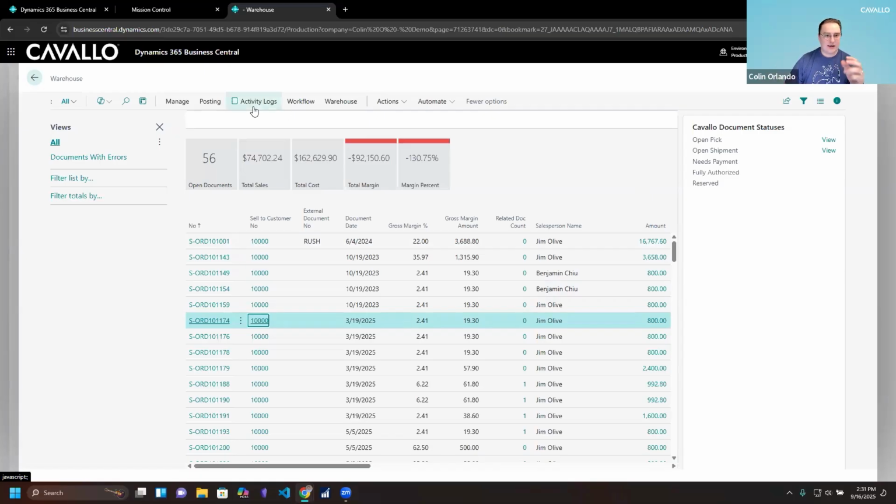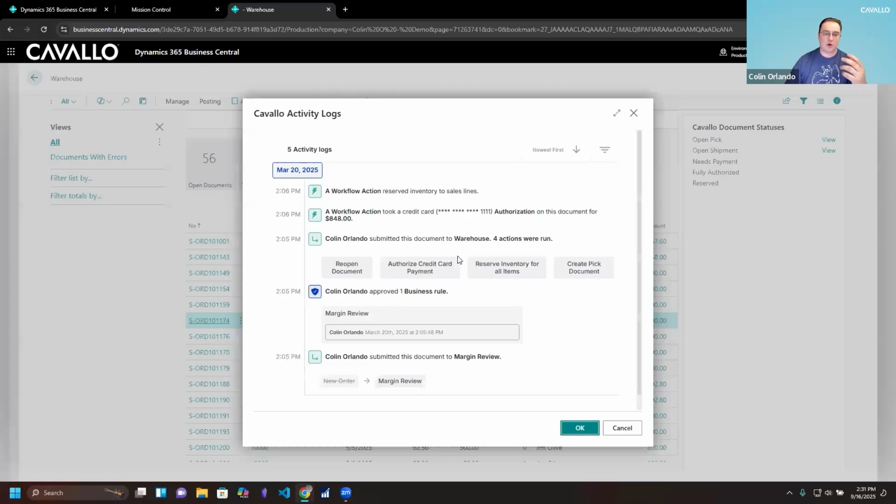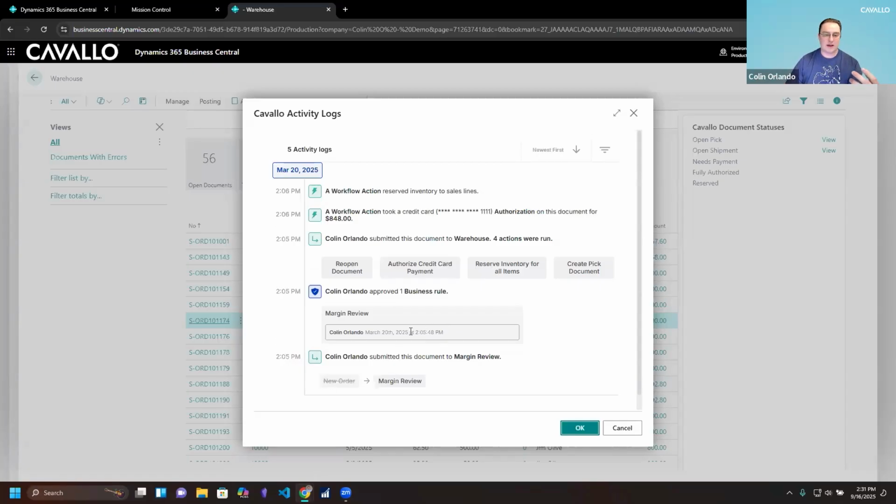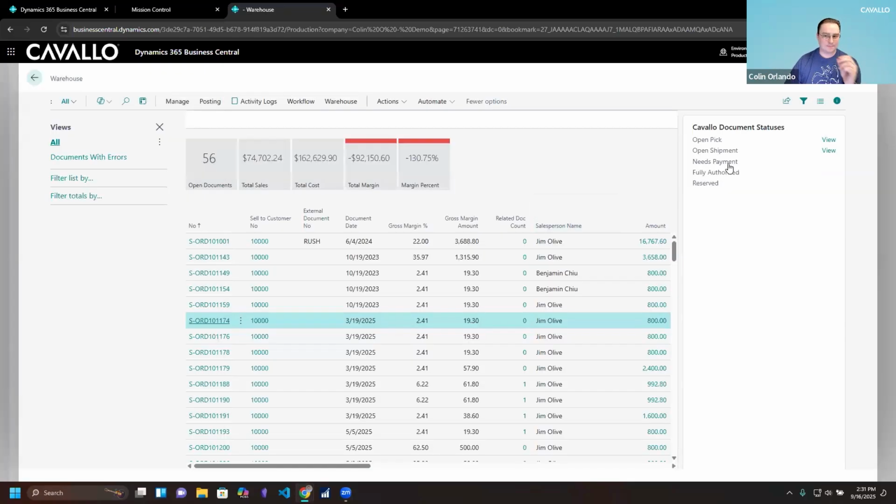One last thing I want to touch on is we brought the audit logs over from SalesPad as well, or we call them activity logs now in the cloud. So if I do click the activity logs, we can load this from the order level, we can load this from our screens and several others within the application. But this is super important from a compliance perspective. This tells me exactly what's happened to an order, when it's happened, and who did it. And I can scroll down and see the document went into an approval queue. This person approved it. And then after the approval, all of these actions ran, and we took a card authorization for this number. So again, super important to have that full level of visibility that Business Central just simply doesn't offer to a user out of the box.